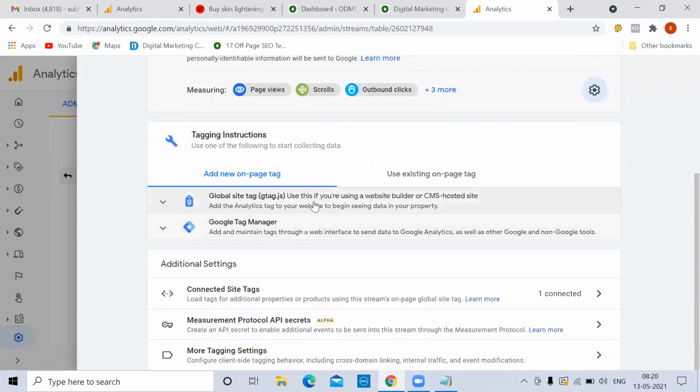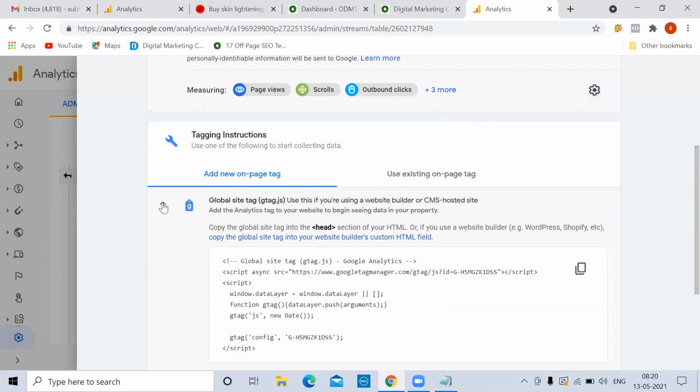Then there is a code actually. This code you have to paste. When it comes to code, you can do it in two ways. One is with a global site tag or another is a Google Tag Manager. Tag Manager we're not discussing here. We're going with a global site tag. So this is the code you have to paste in the head section. That's it. Copy this